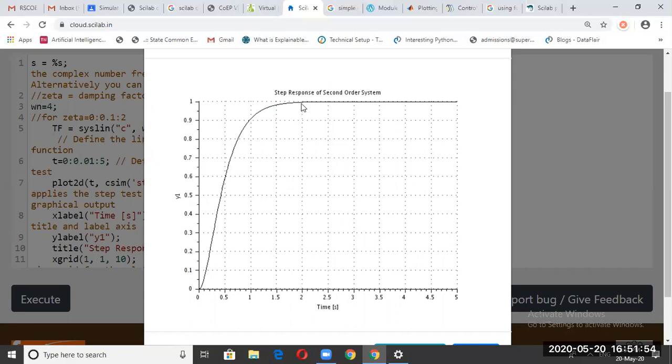See, after 2 seconds roughly, the system is again achieving the steady state value. So as you increase zeta, the oscillations in the system are going to decay and reduce.